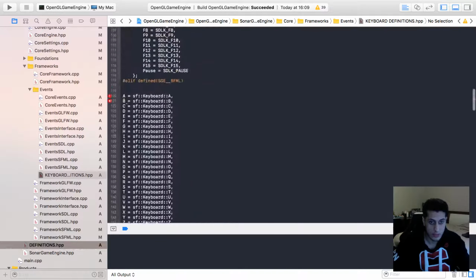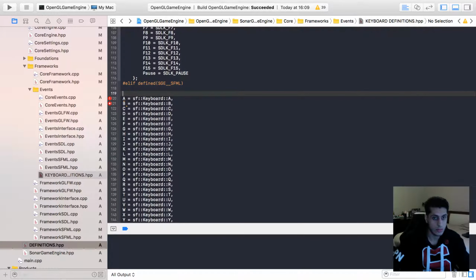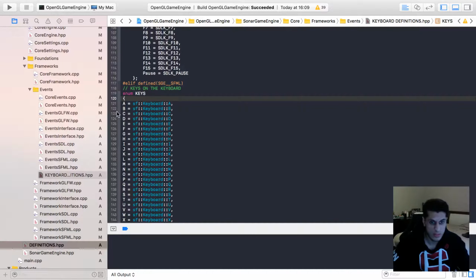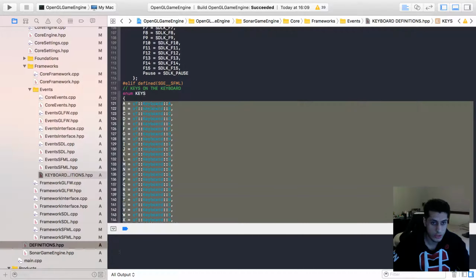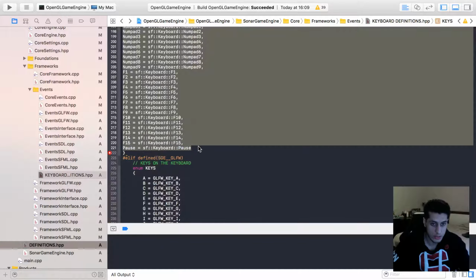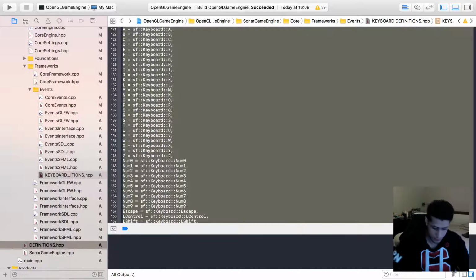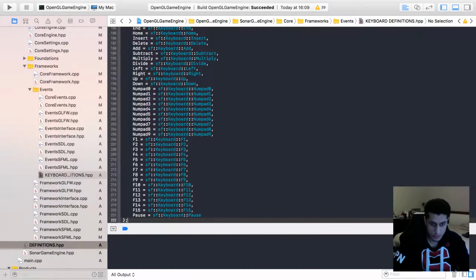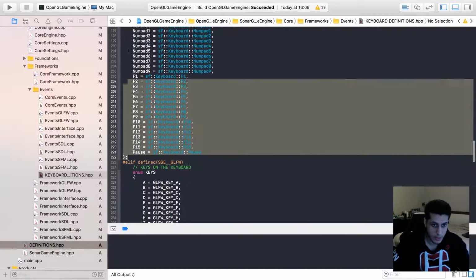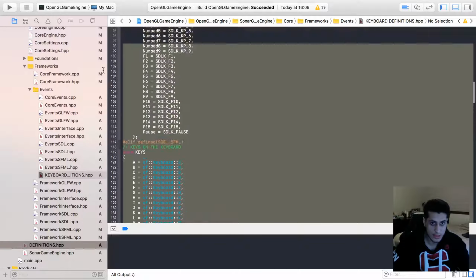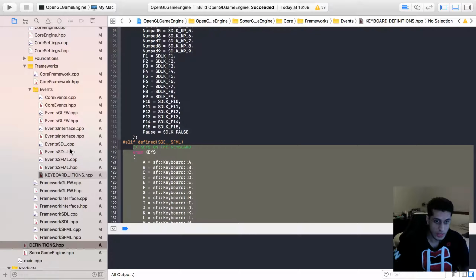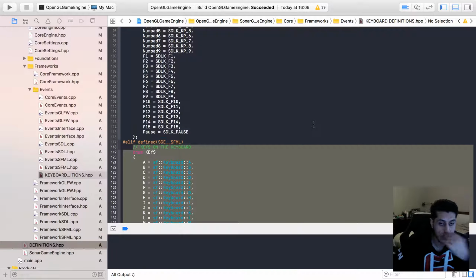Oh, wrong way. So I should just be able to indent all of this. And now let's put a semicolon, indent all of this, and with any luck, what I should just literally be able to do is in